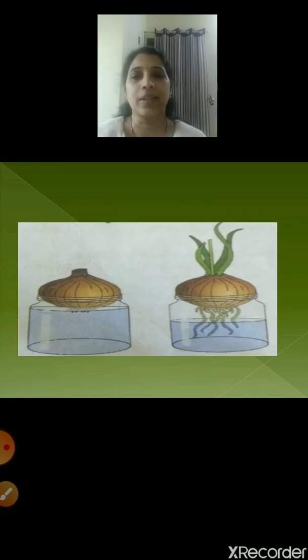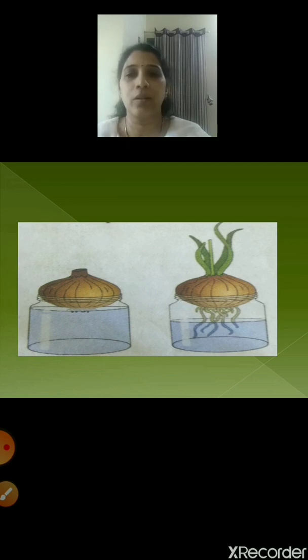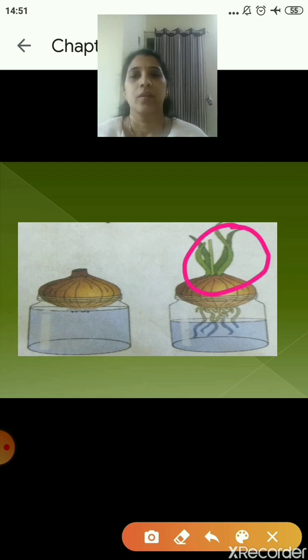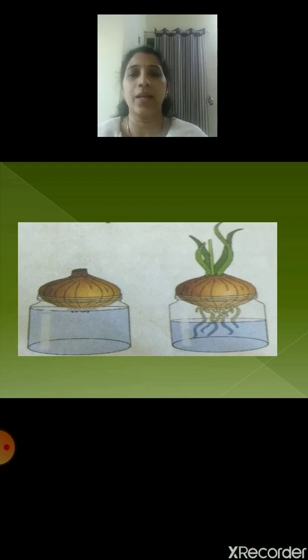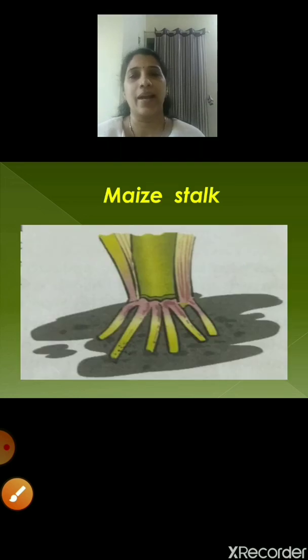There's one more activity wherein you are going to take an onion and a glass jar containing water. So you are going to place the onion towards the water, the roots of the onion that you are going to place towards the water. Now after 8 days, you will observe that thread or fiber-like structures arising from the onion. You can see in the figure the green color part over here. Right, students? I hope you will do this activity at home and find it out.